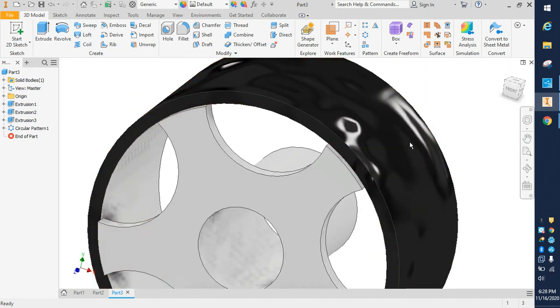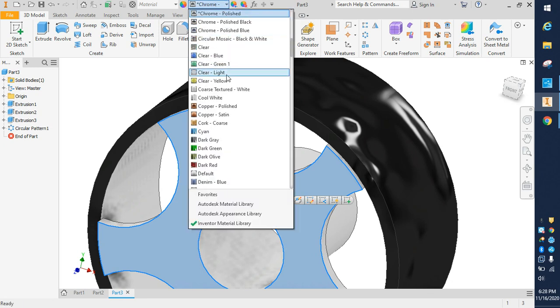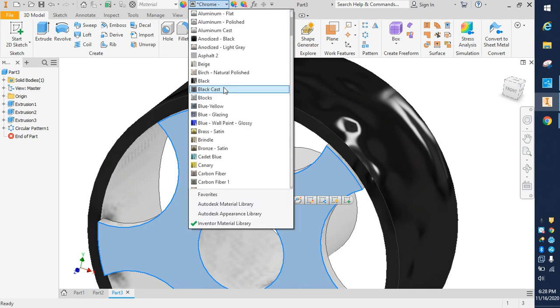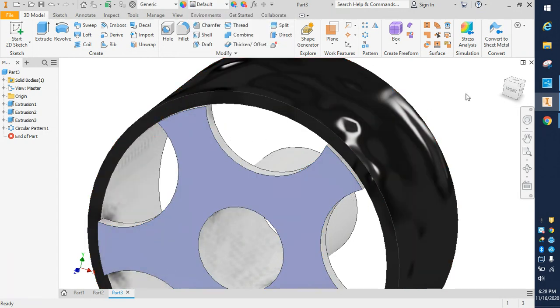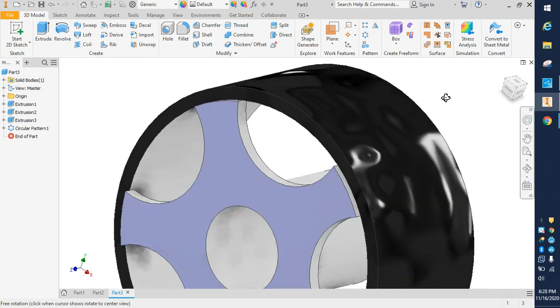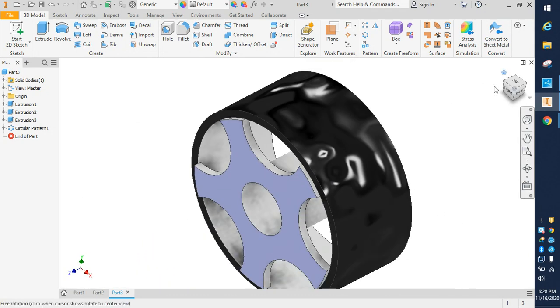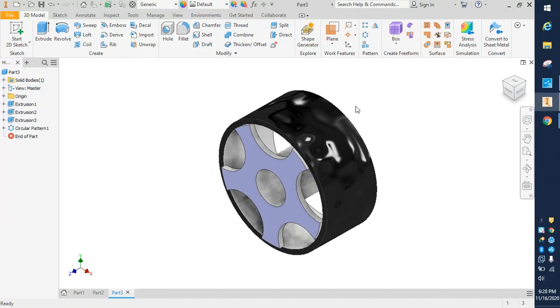If you don't like that chrome we had here, we might go back up here and find some different kind of chrome. Maybe there was a blue chrome. Let's go polish blue chrome. Yeah, there we go. Something a little fun, but you can experiment with that a little bit if you should get done early, but kind of looks like the tire or the wheel from the Automoblox car. So there you have it. There is your tutorial on how to draw